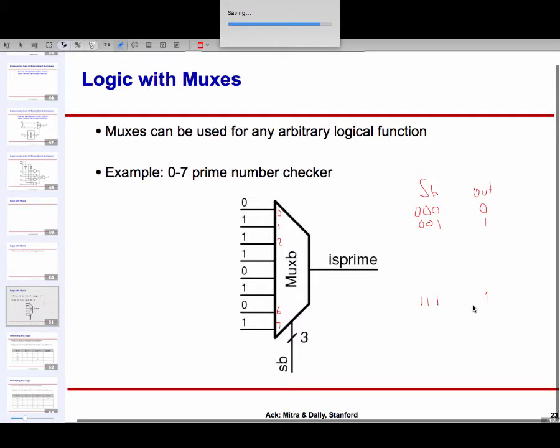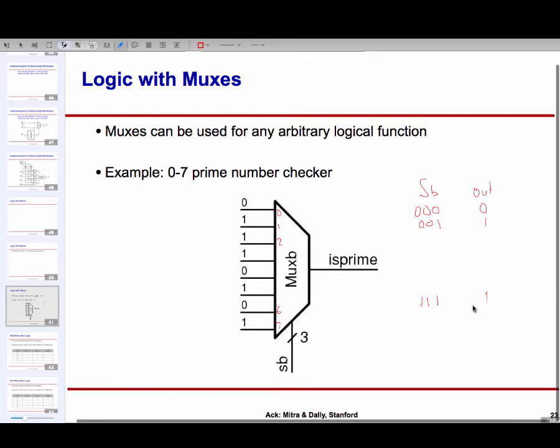Is that obvious, or not obvious, to anyone? If my SB is n bits, then I will have 2 to the power n sources. And I'm basically saying that whatever binary value I have out here, take that input and send it to the output, and then we arrange that input to have just the right value.